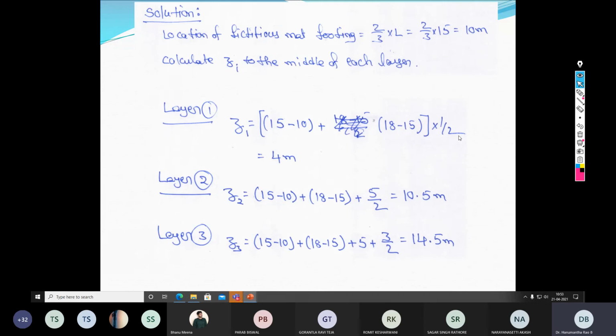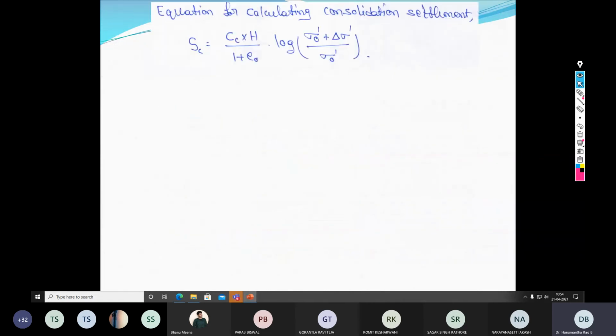This is the answer. So layer 1, Z1 is 4 meter, Z2 is 10.5 meter, Z3 is 14.5 meter. You can refer to these slides, how it has been calculated. Next step is